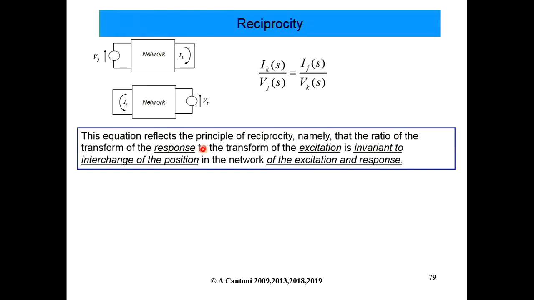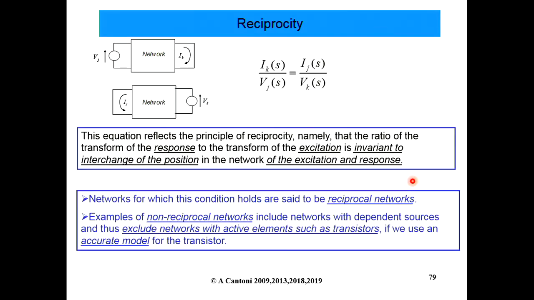And note that the ratio of the transform of the responses to the transform of the excitation is invariant to the interchange of the position in the network of the excitation and response. If that's true, then it's called a reciprocal network. And that can apply to things like transmission systems,